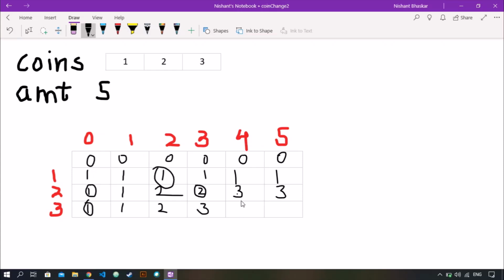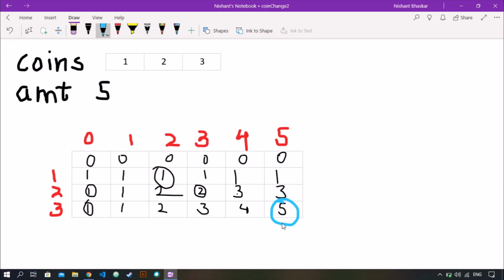For 4, we add 3 and we go 3 steps back, that is 1, so 3 plus 1 is 4. Now for 5 we get 3, we go 3 steps back, and we add 2 to it, so 5. Okay, so this will be our final answer, 5.